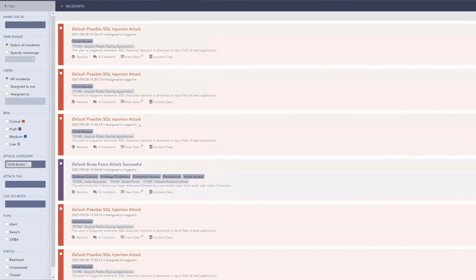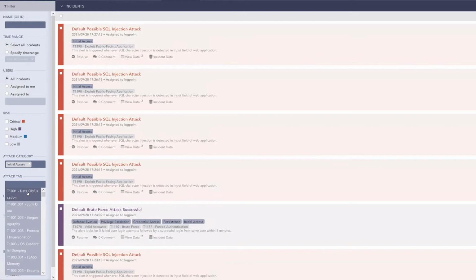And that's something that we've heard a lot, that this timeline is nice, but how do I deal with potentially lots and lots of incidents that might be happening in there? And I can do the same thing with a tag. That's the technique, even more specifically, all the ones that are available in the system, which anyone familiar with MITRE